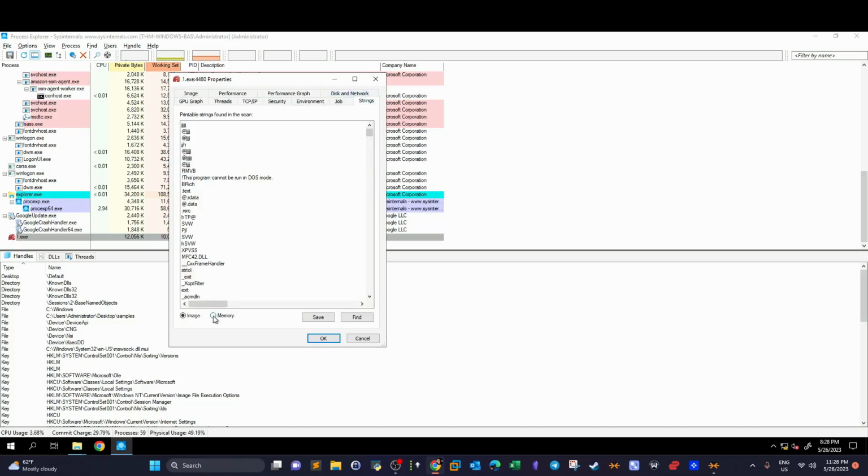Now, the strings shown in memory represent the strings stored in the binary that is running in memory. Normally, the output of the strings should be the same in memory and on disk. If you see a difference, this is another red flag that the file is malicious. Because when the strings are different